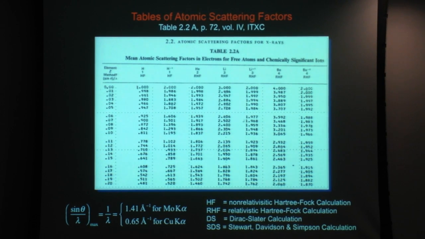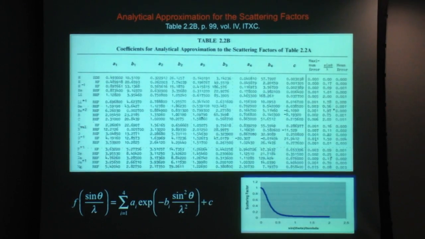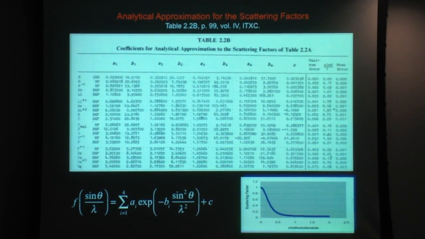So for all of the elements and their common monatomic ions, this table of data exists, and you can see this tabulation if you pick up the international tables and just browse in volume 4. That's the old international tables. In the new international tables, you'll find this kind of a tabulation of the scattering factors, where each of those columns of numbers in the previous slide was fitted by